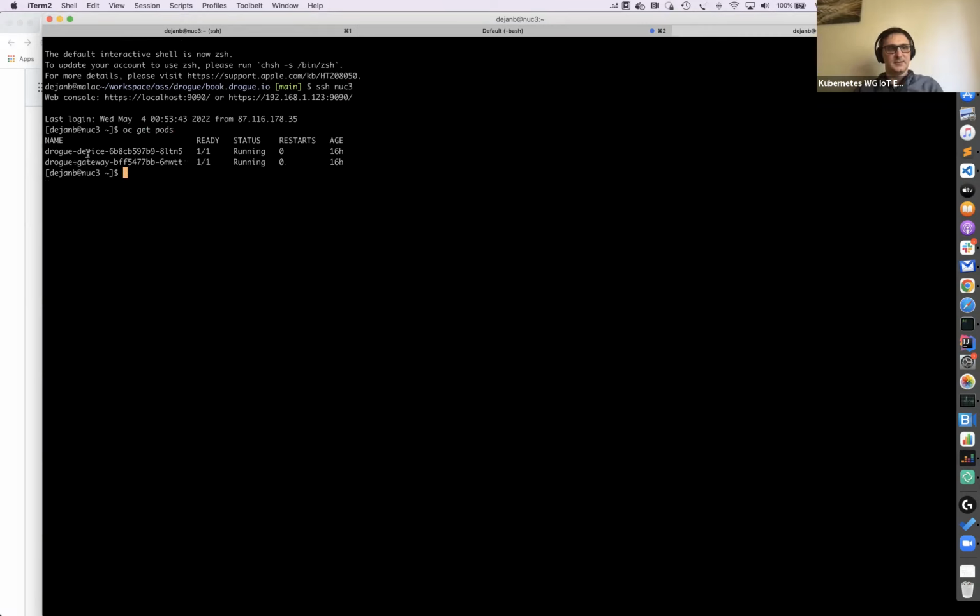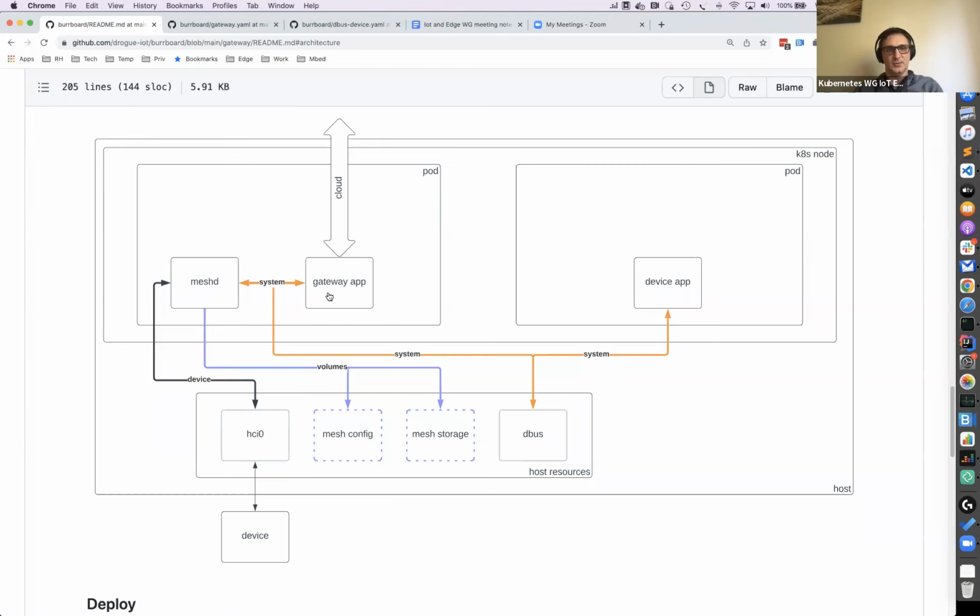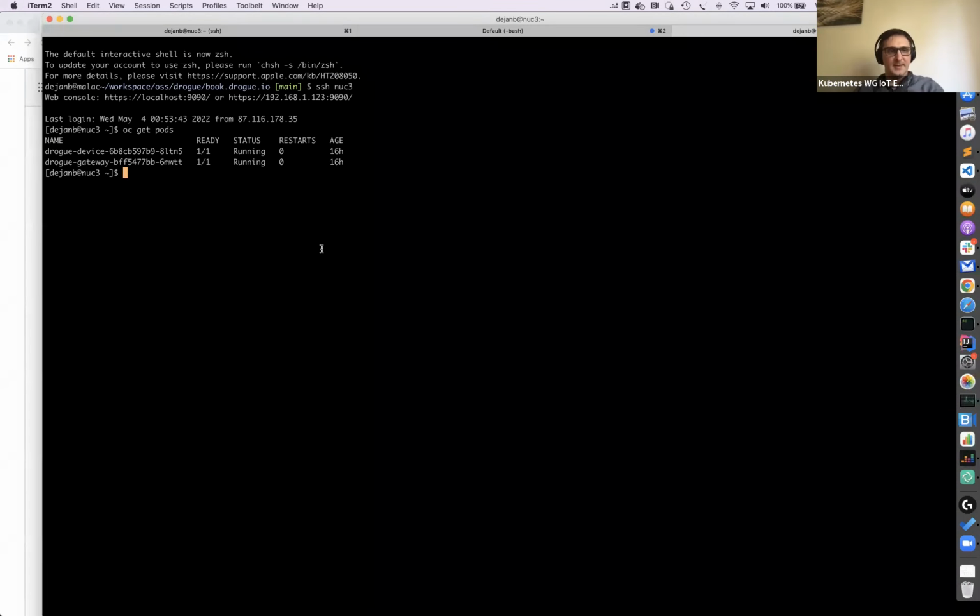So these are the two deployments being deployed on the node.